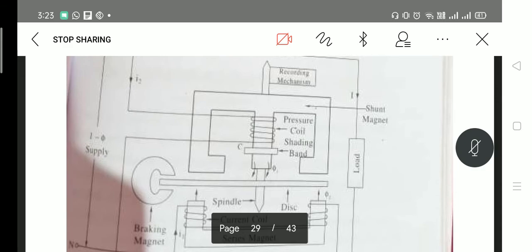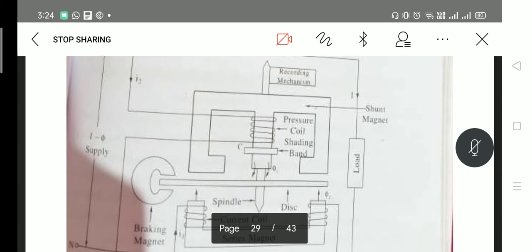Single phase energy meter depends upon the principle of deflecting torque produced by one flux and eddy current produced by another flux. Between these two magnetic fields and the phase between them, we get two fluxes with a phase difference, and that value is taken as the energy meter reading. Here we have four types of systems in energy meters: driving system, moving system, braking system and registering system.